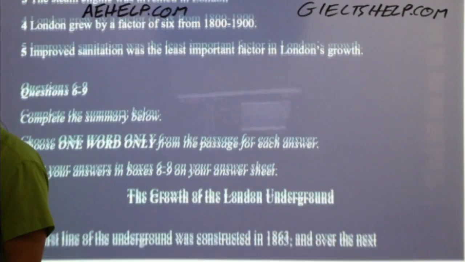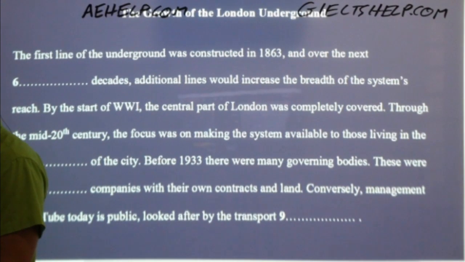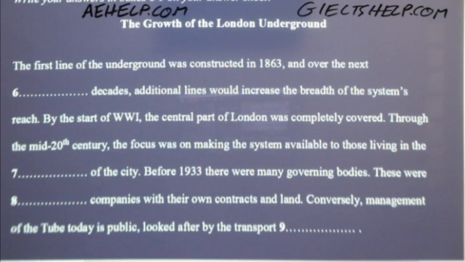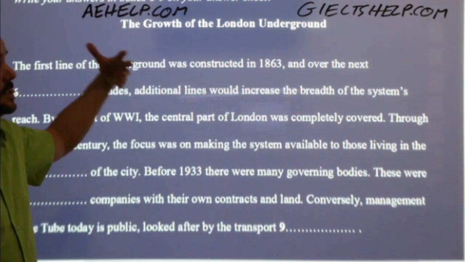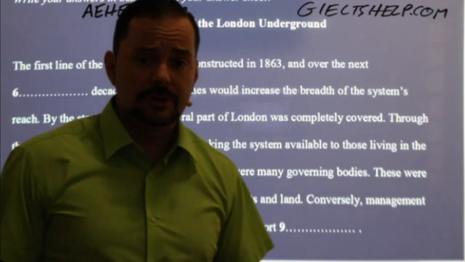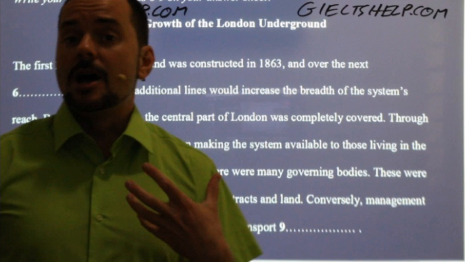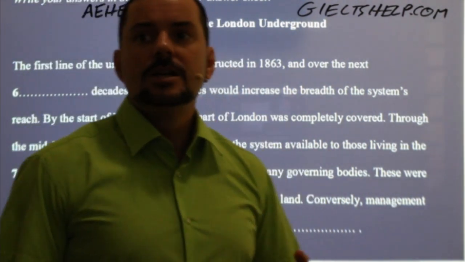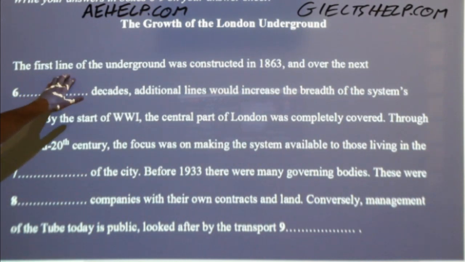There are false and not given statements. We don't know which ones they are. We're just going to skip them. We'll get to those later. It makes logical sense. Here we have a summary completion question. Summary completion questions, definitely a good idea. They give you an idea of the passage. In other words, paraphrasing. So these ones are not too bad. Let's read these. The first line, so read with me.